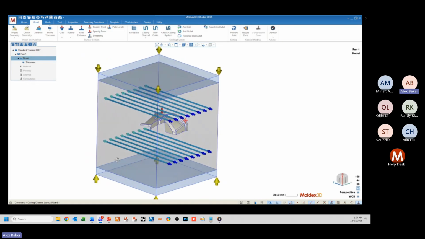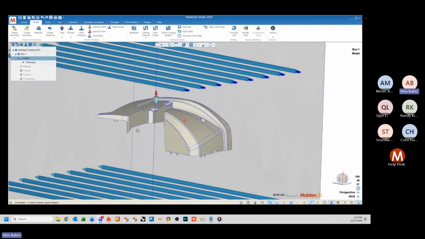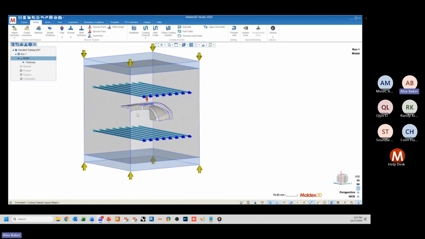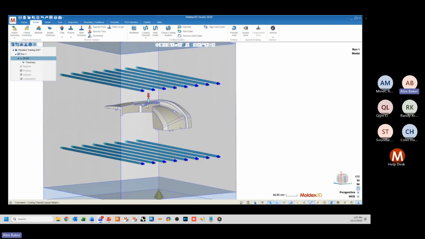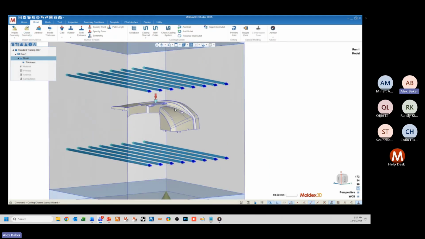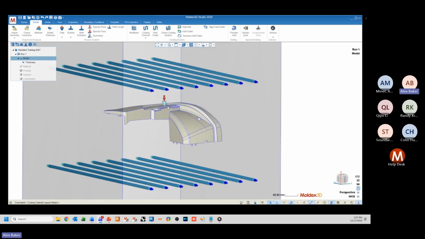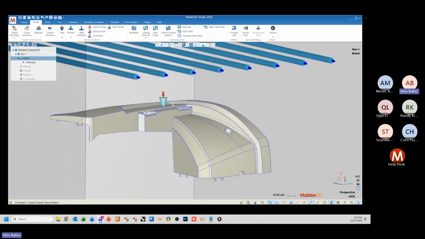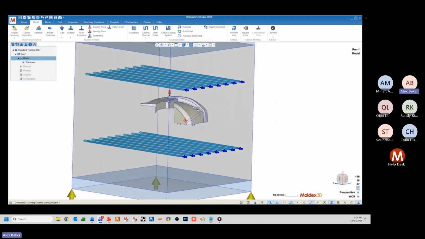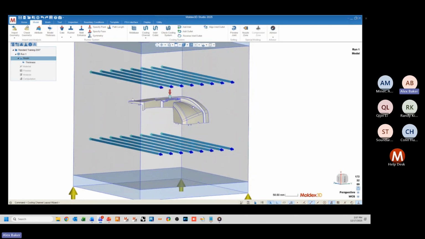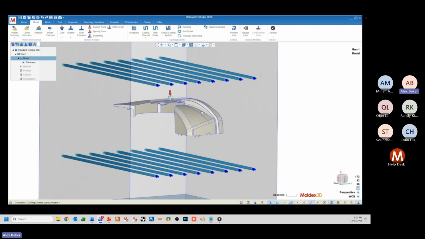And as far as the setup of this modeling goes, that's pretty much it. It's really easy to import the model into Moldex3D. Checking it through CAD Doctor is heavily recommended so that we can get as clean of a mesh as possible on this model that you spent so much time in CAD on. Then we can introduce the gate and the runner system from gate to gate. If there's a multi-cavity system, or if you have multiple gates on the same part, you can introduce a runner system in Moldex3D. Or if you want to, you can import your runner system from your CAD geometry or from your mold, and you'll be able to work with that the same way that we've worked with the